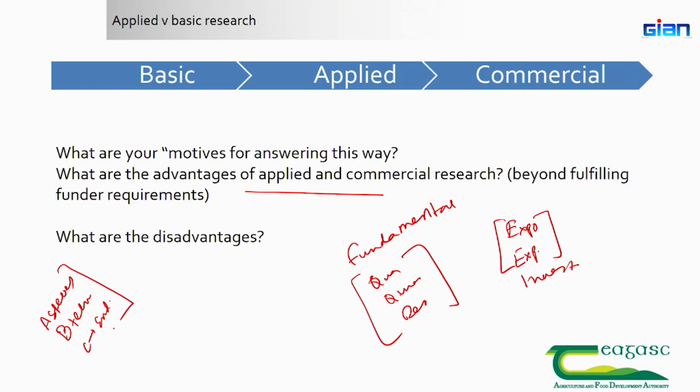You develop the process, taking this much amount of water, this should be the flow rate, this is the species to be grown for this many days, this is the technology to use, and this is the product you will obtain. This all becomes process, and if some company is interested, or you start your own business, that becomes commercial. Scaling that up to a commercial scale becomes commercial research, right.